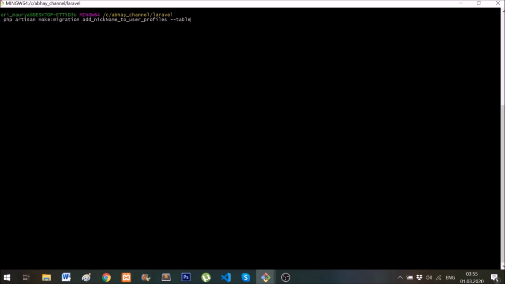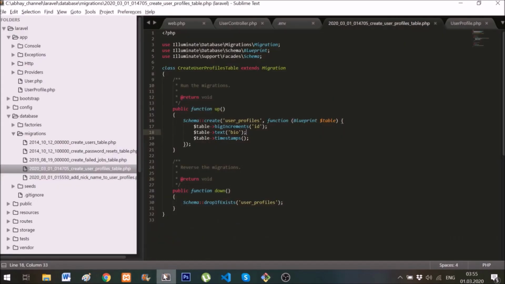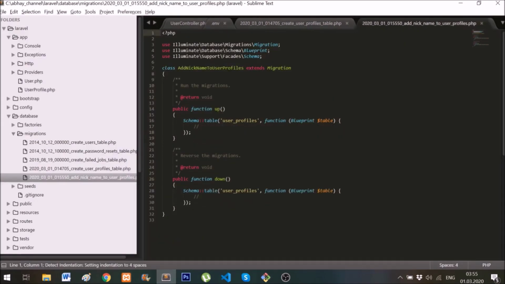And in order for it to understand which table you're referring to, you can explicitly provide the parameter user profiles. However, if you follow the convention of the name of the migration file, it will automatically target that table, but it's better to provide the name explicitly so that you can be sure. So it created the migration. Now if I go and see, there it is. So it has added add nickname to user profiles. Now all you need to do is